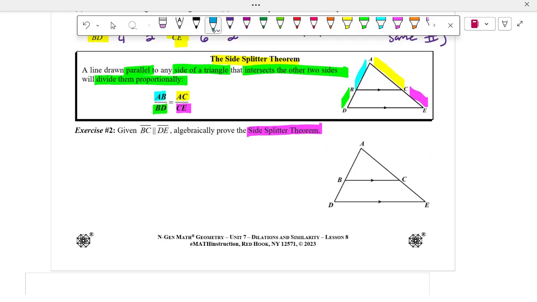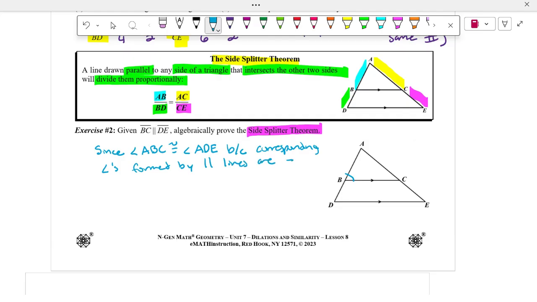So I'm not going to beat around the bush. I'm just going to say, since angle ABC is congruent to angle ADE because corresponding angles formed by parallel lines are congruent, and angle BAC is congruent to angle DAE by the reflexive property,